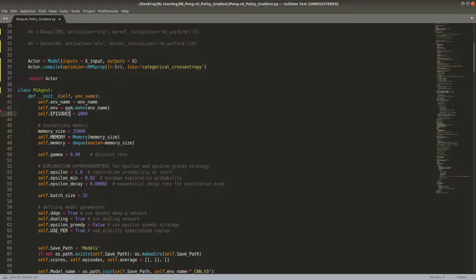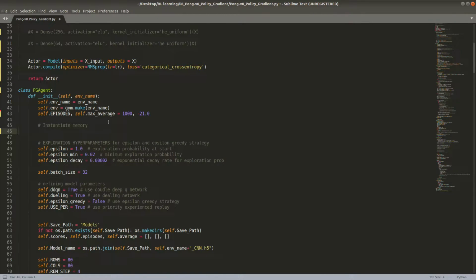Episodes, I will insert here a self max average, and this will be minus 21.0. This is specific for Pong, because the minimum score is minus 21, I can remove, I think, these lines,